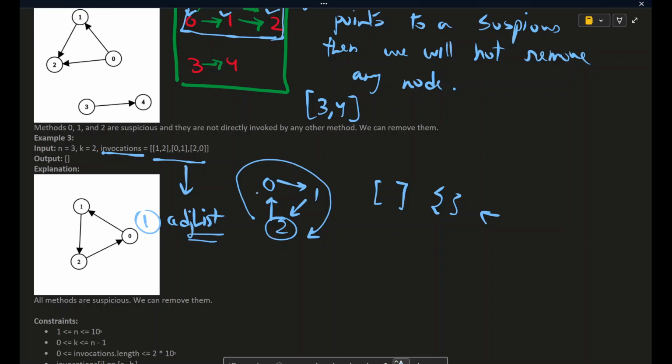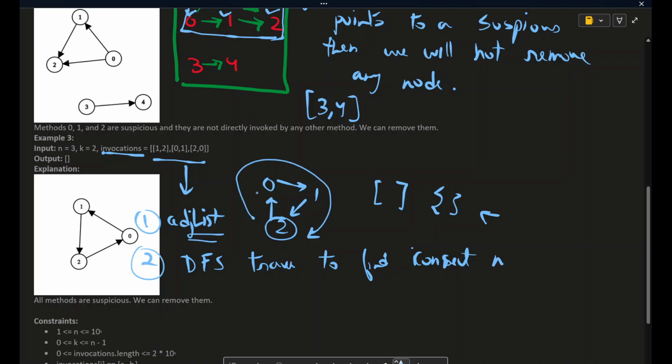Now we need to find out the nodes that are directly or indirectly connected by the kth node. So we have to apply DFS traversal to find the directly or indirectly connected nodes to the kth node. Okay,